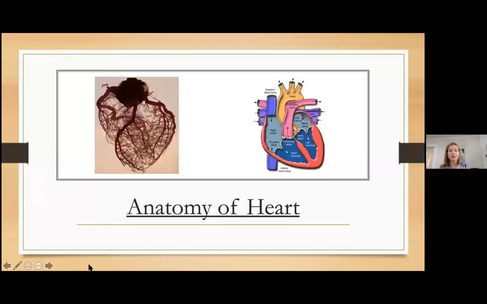Okay, so here's an anatomy of a heart. And when we talk about heart disease, really probably a better way to say it is cardiovascular disease, right? Cardiovascular disease refers to all of our arteries and blood vessels. Now, of course, having a heart attack is what we really most focus on. We focus on the heart because if some of those arteries and vessels get blocked, then that could be fatal. But I love this little picture here, you can really just see all of the main arteries in your heart and all of the different blood vessels that are in a heart.